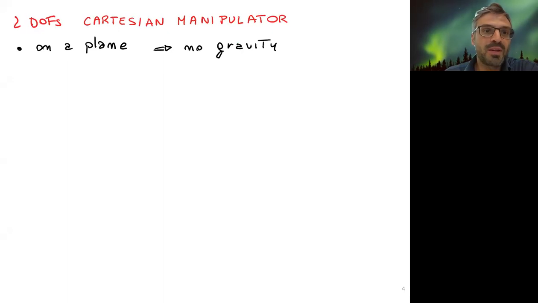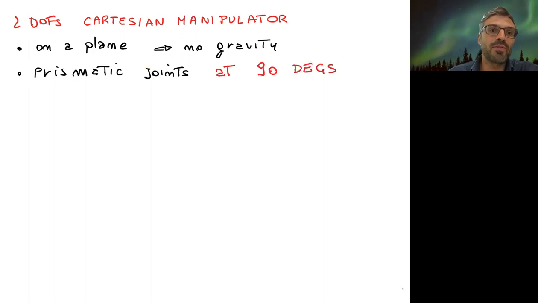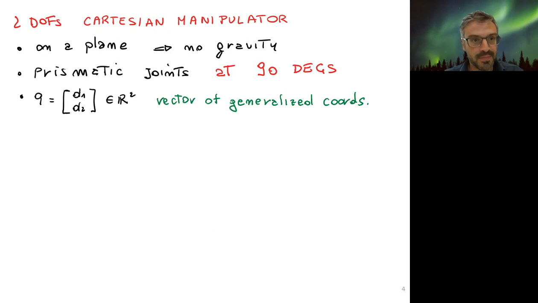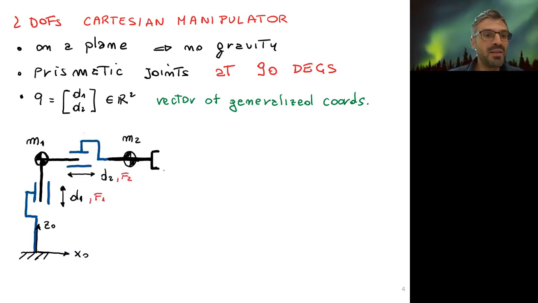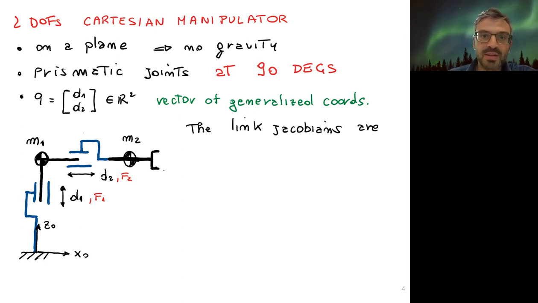But let's start simple with a 2 degrees of freedom manipulator that is on the plane, so we have no gravity. We have prismatic joints that are at 90 degrees. So our vector of generalized coordinates is two-dimensional, and this is the schematic of the kinematics of this very simple robot. Okay. To compute the inertia matrix, this time we want to apply the formula that we explained last lecture with the Jacobians. So we compute the Jacobian